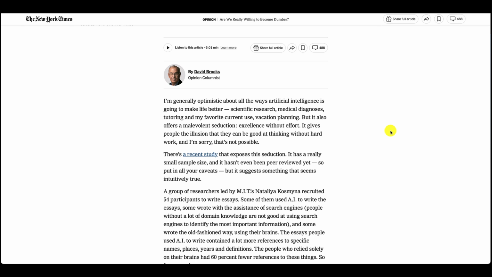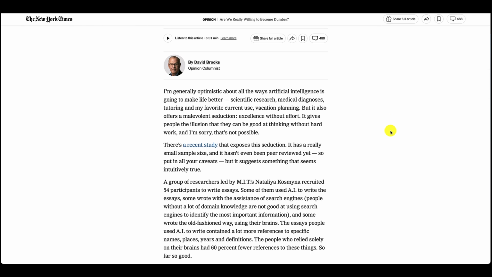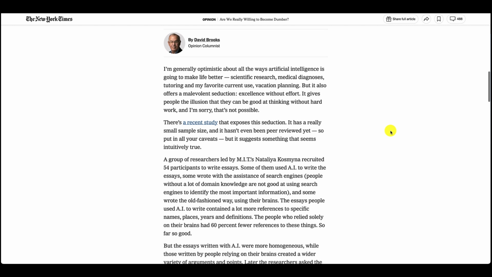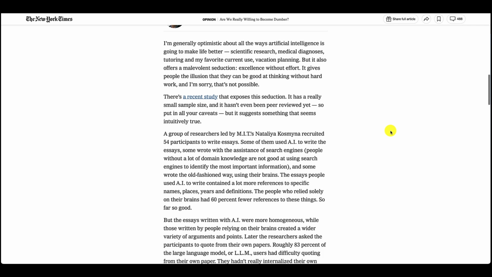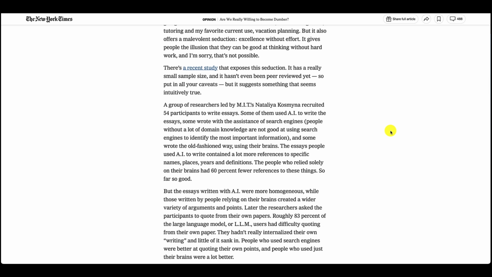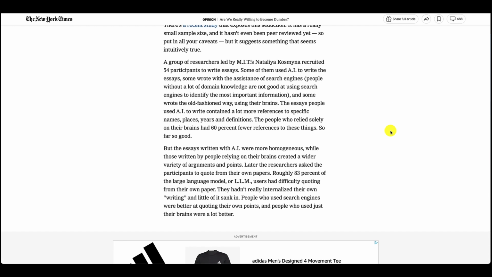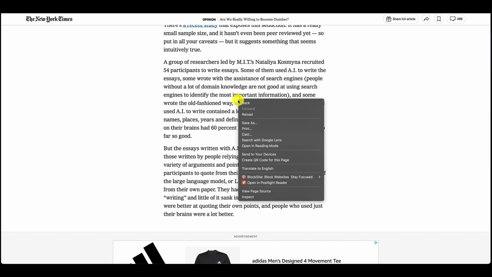And the problem is that most web pages are really not designed to be copied and pasted into another document. There's just too much formatting on the web page, and you're going to copy and paste a lot of text you really don't need. So my solution is to right-click on the text in the web page, left-click on Print,